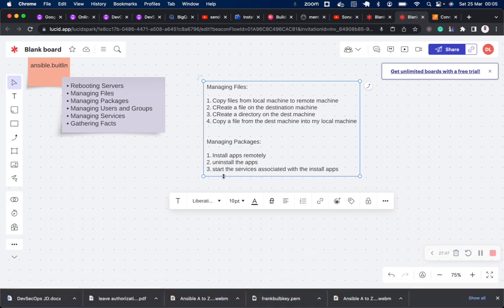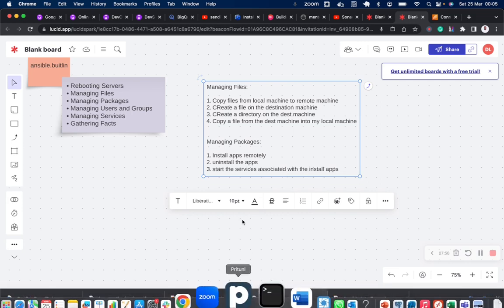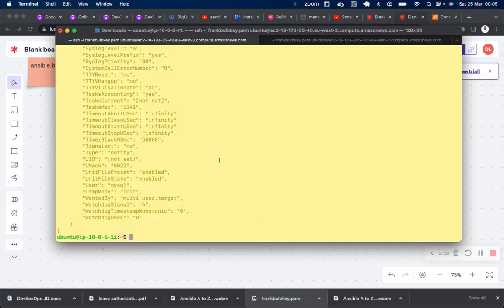So let's uninstall this application, right? We've also seen the third part, which is starting the services associated with the installed app. So let's uninstall that package. We want to uninstall MySQL from this machine. So this is what we'll do. The same thing, we'll say